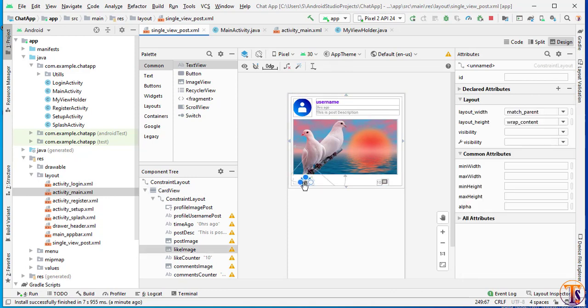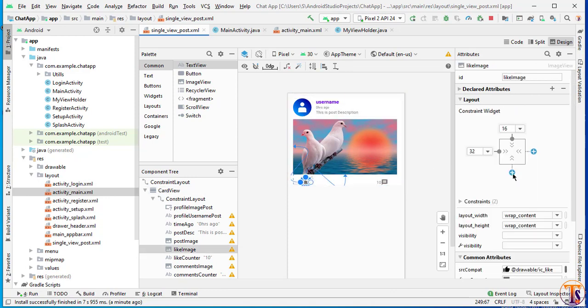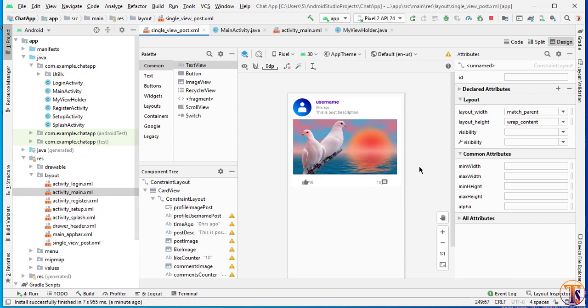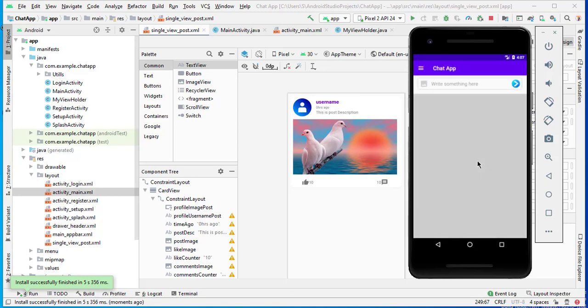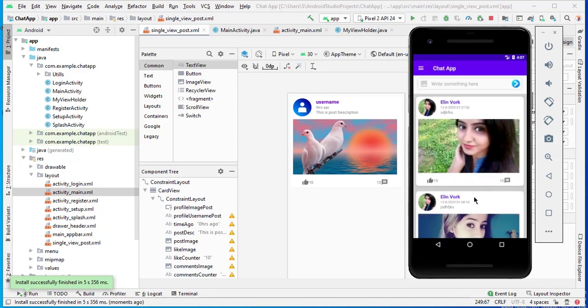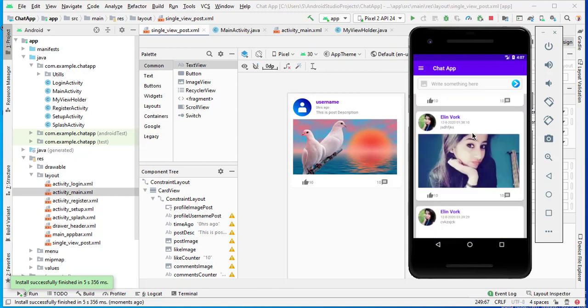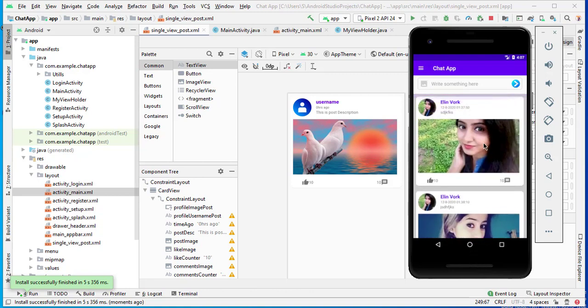Okay, now select this like button, and also need to add the bottom, and also select a margin from bottom 8 dp. Okay, now run the application again. Look at that, it's looking nice. Here you can see our posts are looking very nice.